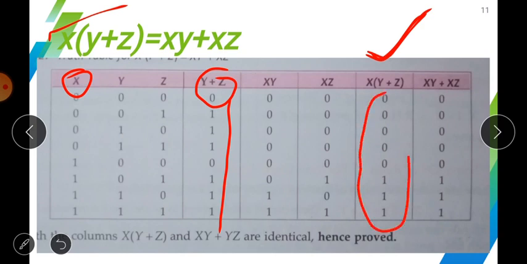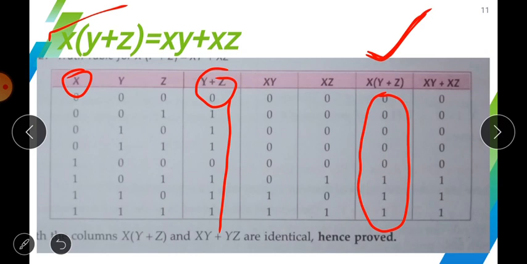And next you will have to calculate the AND function of x with y plus z, meaning this column x, that I had encircled, and this column y plus z, that I have encircled. You will have to calculate the AND function, and after that this final column will be created where I had ticked, meaning x into y plus z. So this is the final column of one side.